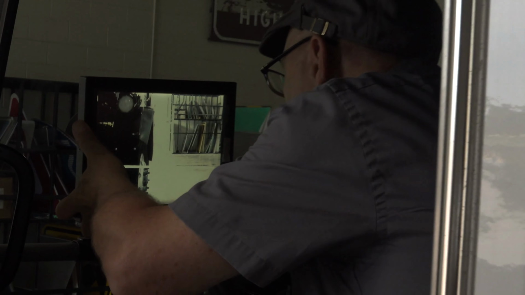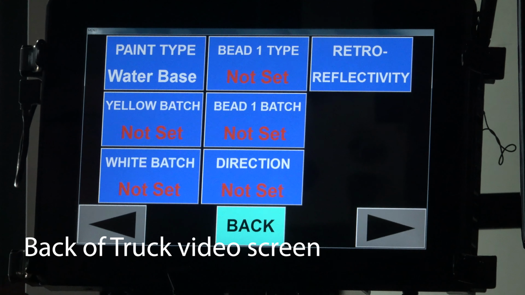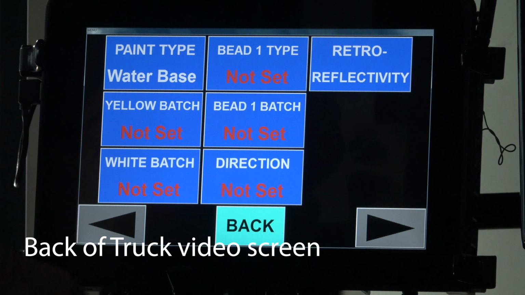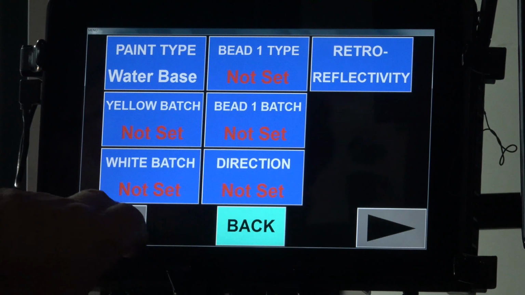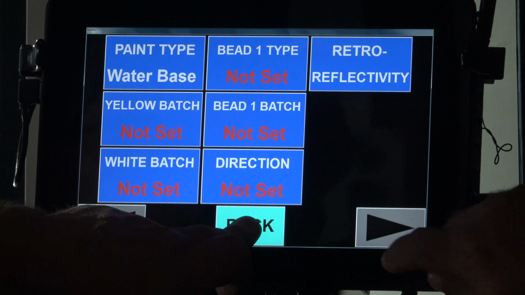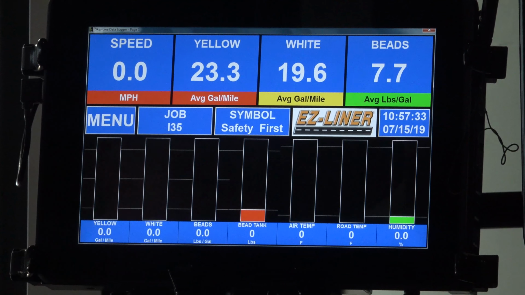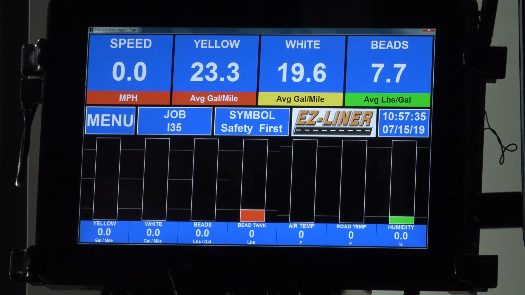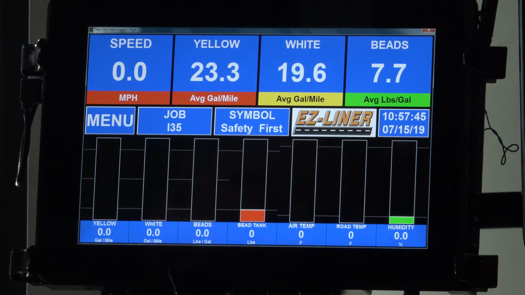I'll try to put it back where I found it. Like it's in your data screen. When you're here, well, let's go back. Flex your finger. This is your main screen. As you're going down the road, it's going to show your speed, how many gallons, average gallons per mile, yellow, white, red, and your beads, pounds per